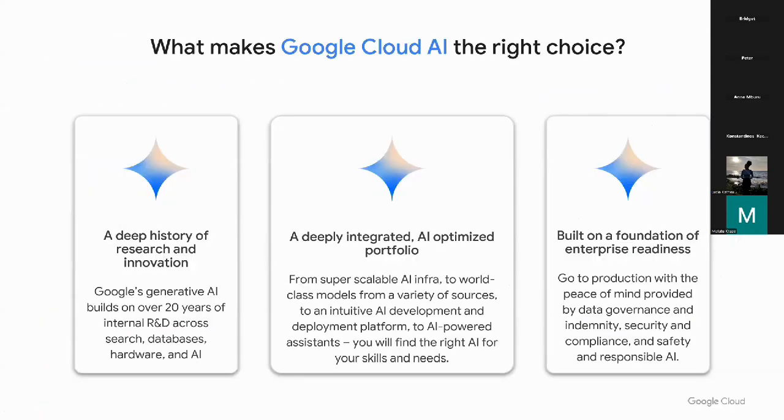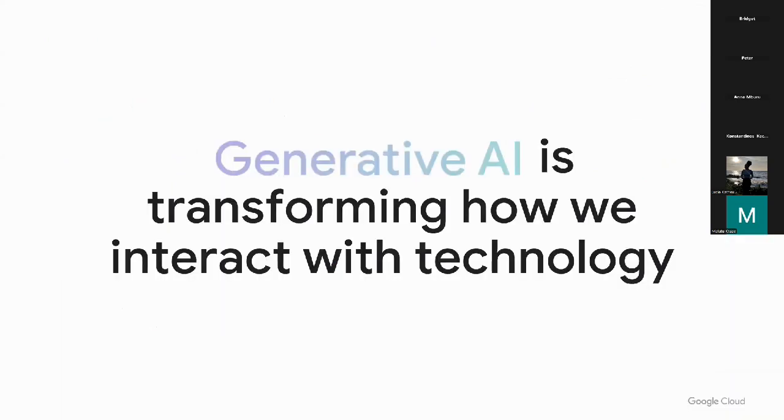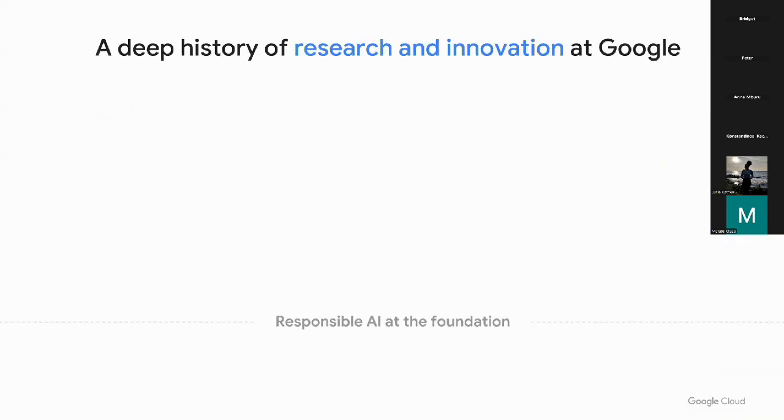So, what makes Google Cloud AI the right choice? Basically, they have a deep history. We will go ahead and see where it started and where we are now. They have a deeply integrated and AI-optimized portfolio, and of course they have built on a foundation of enterprise readiness. So here